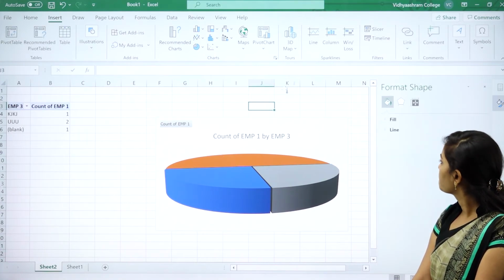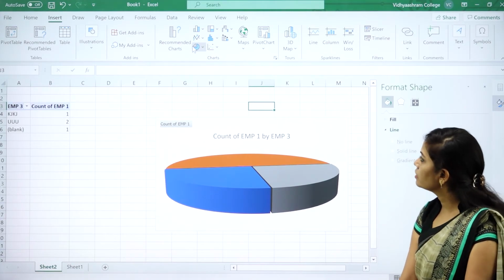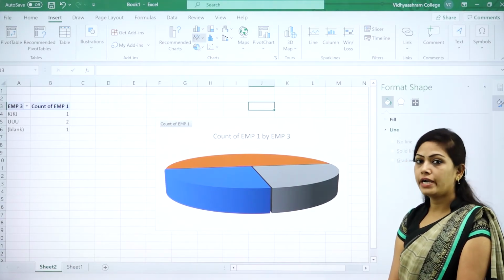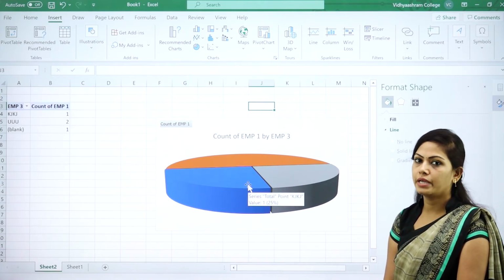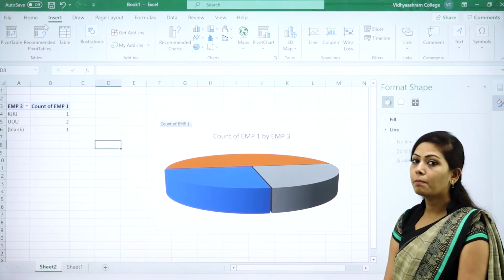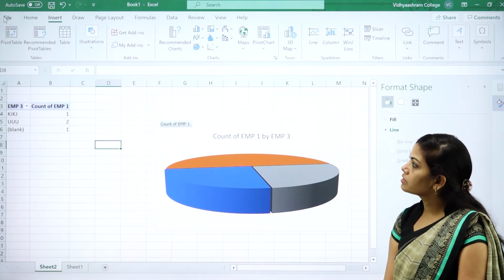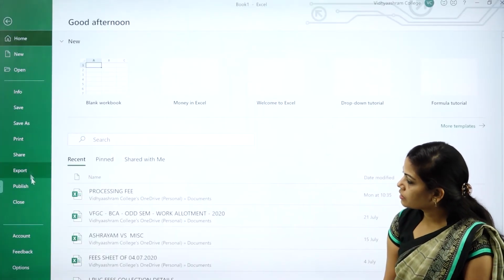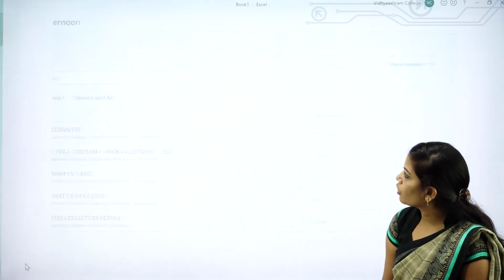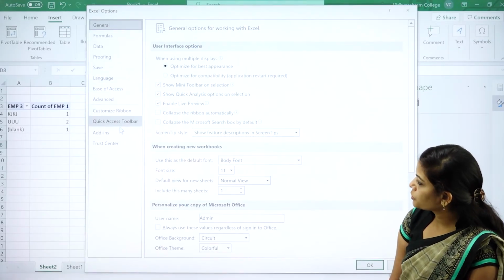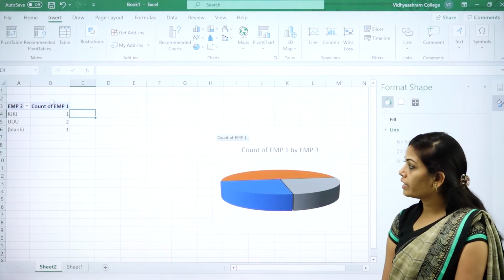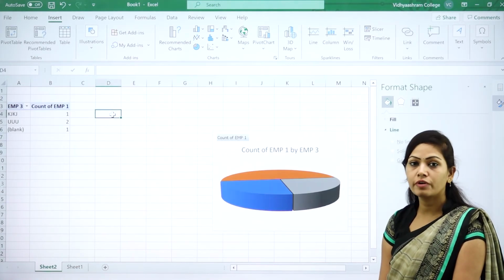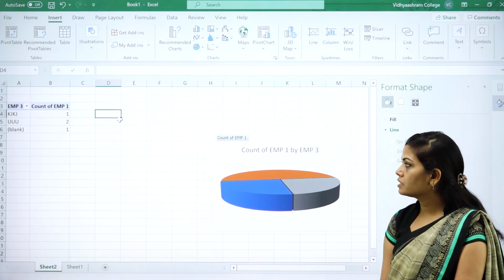And if you want, you can select the line chart also here. So you have different types of charts. Which one you want, you can choose the chart type. And how to find the macros in an Excel sheet? First select the options. So here we have options. Which option you need? Also you can minimize this chart, and also you can find the statistical functions in an Excel spreadsheet.